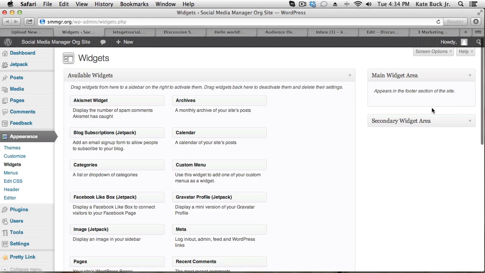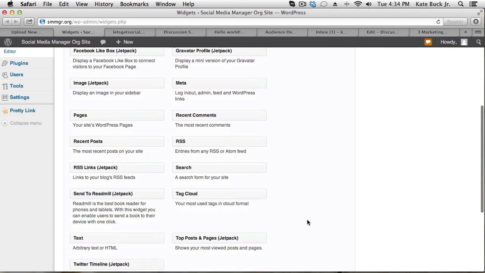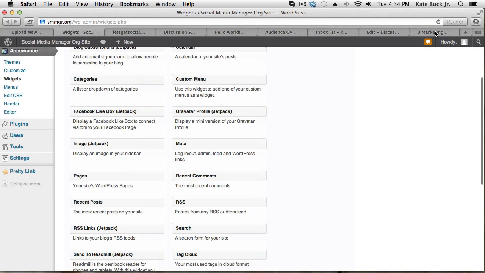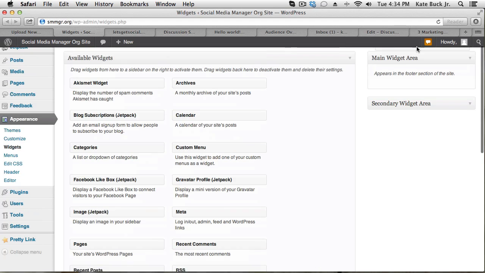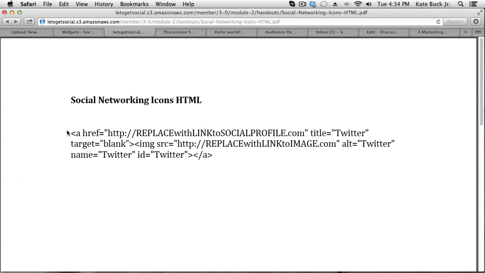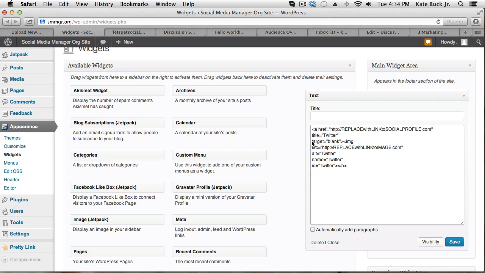So the first thing that you want to do, and we'll put this in the footer, is we're going to find arbitrary text or HTML. And we're going to put that there, and you can see that it's blank. And so then if you grab the HTML that I gave you and you copy and paste it, what you want to do also is just make sure